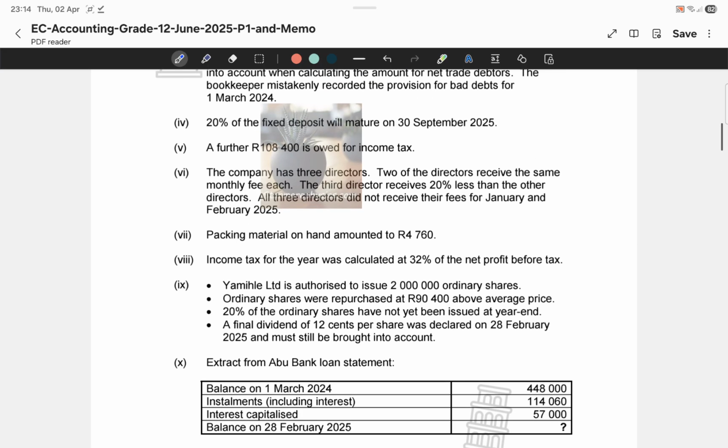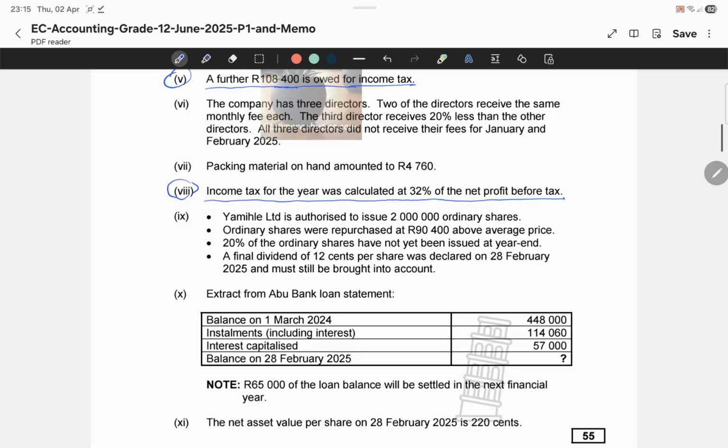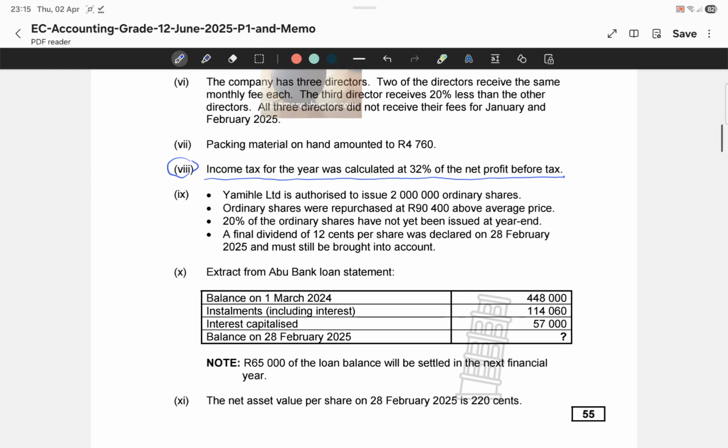With the information regarding the net profit after tax, we have on Roman numeral 5, a further 108,400 is owed for income tax. We'll get to this one as we progress. Then another one, Roman numeral 8. It says income tax for the year was calculated at 32% of the net profit before tax. Remember, we are looking for net profit after tax. Then Roman numeral 9 has got all the information regarding the